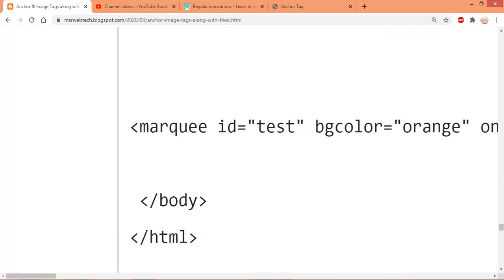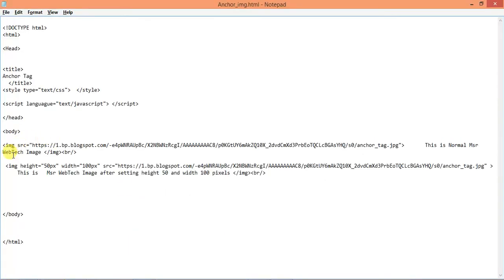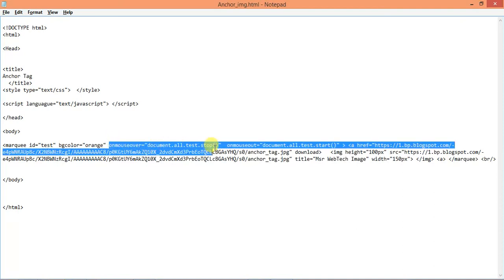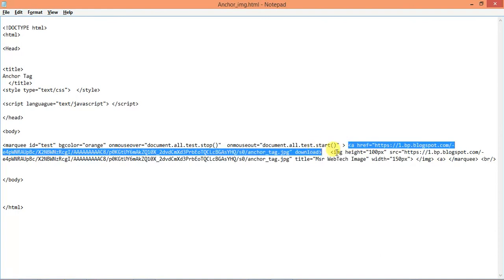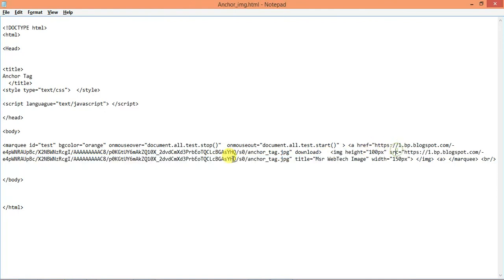Here in the marquee I am also using the mouse over and mouse out events, which were explained in previous videos on marquee. The anchor tag was also explained in previous videos, the image tag is being explained now, and height, width and title are also used.